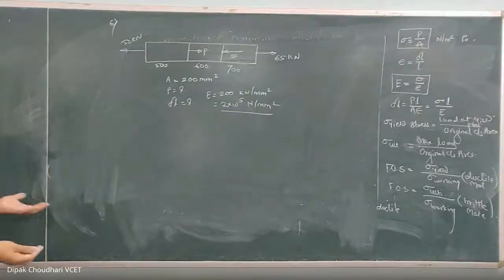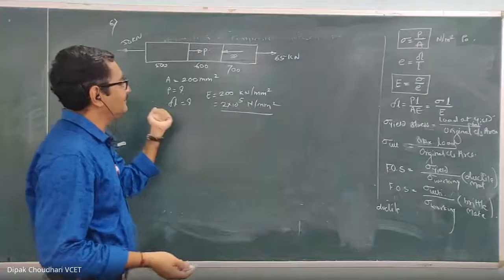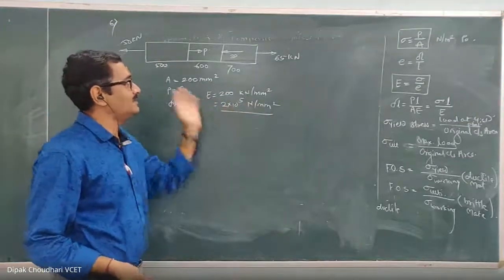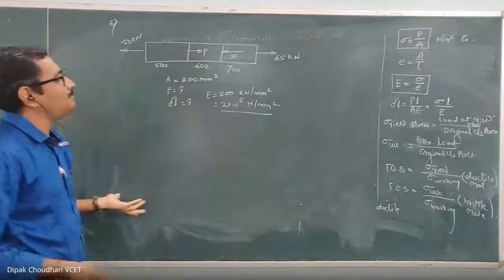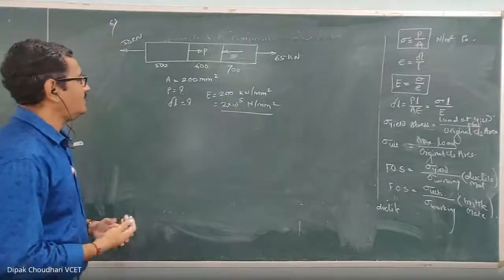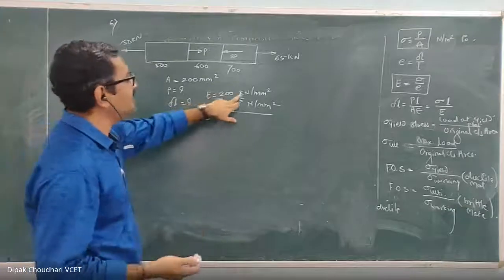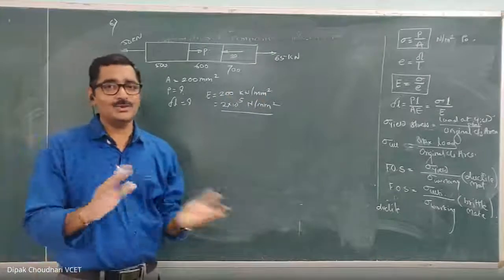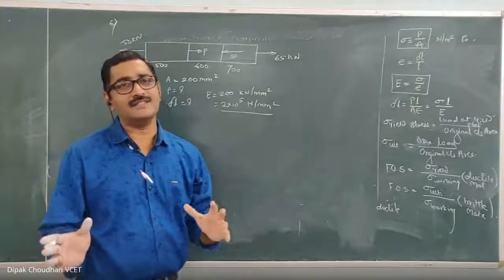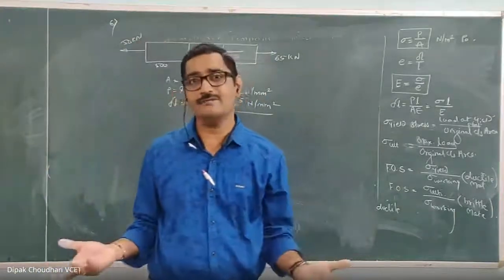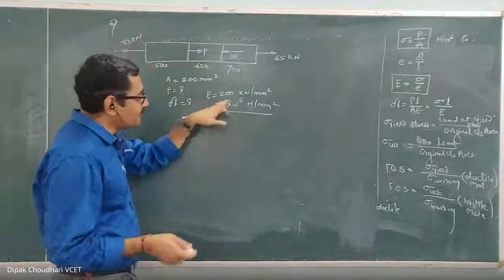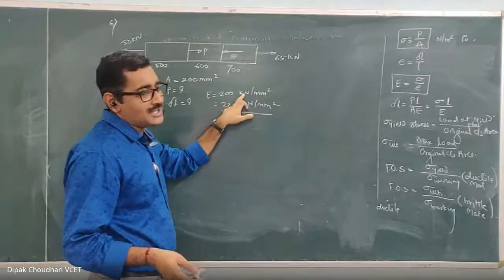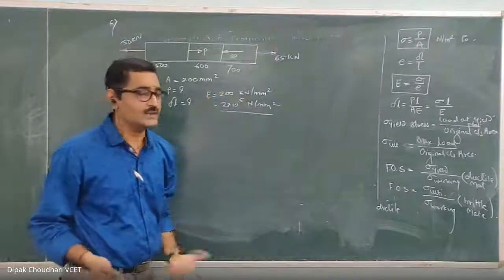Okay. Because all forces we are going to take in kilonewton, and this value of E will take in the Newton per millimeter square, and distances and area are in terms of millimeter and millimeter square. Okay, doesn't make any difference even if you keep this E in kilonewton per millimeter square, because the forces are in kilonewton. So you should be able to judge where to convert and where not to convert. If you convert over here, you have to convert this PL also. If you don't convert it, if you keep it in kilonewton as it is, keep the forces also in kilonewton.